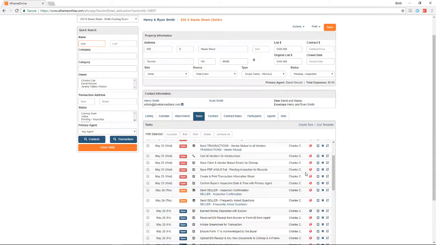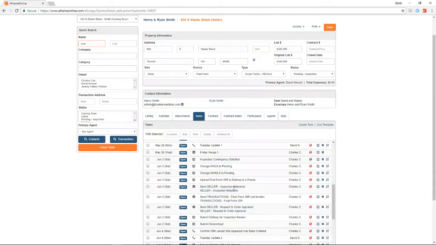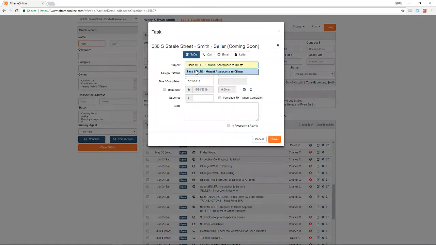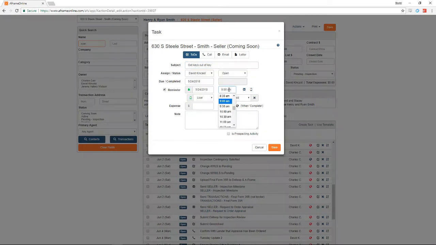So I use that to remind myself to do something, right? You can use it to remind yourself, or let's say you're mid-transaction, you have something that's not necessarily part of the template, and you're like, oh, we got to get those keys out of the key box quickly. You would type in the task that needs to happen. It's assigned to David, and since you need to remind him so that you make sure he does it,